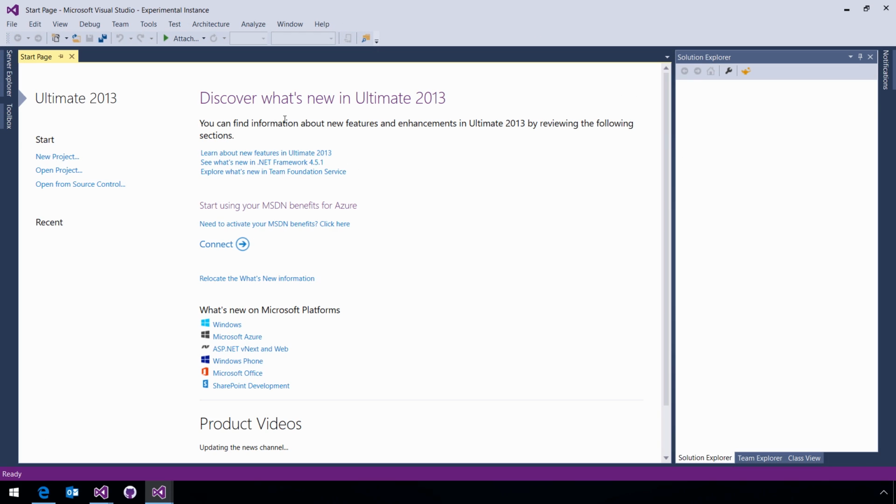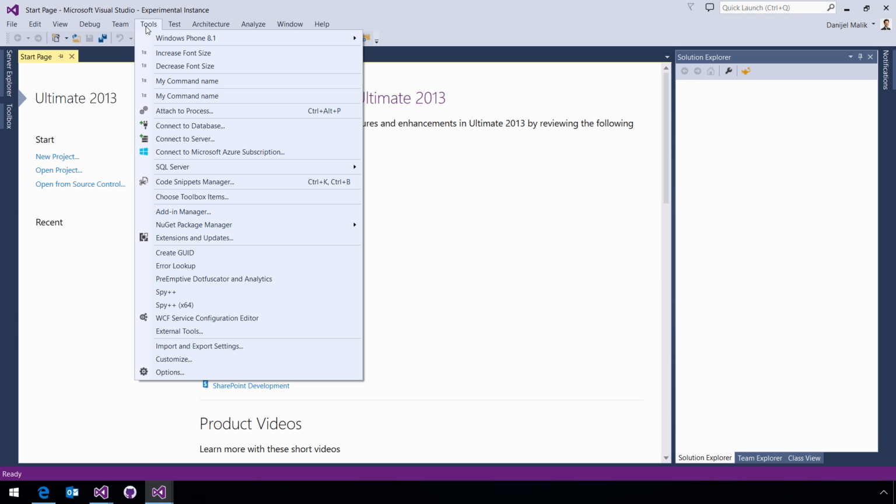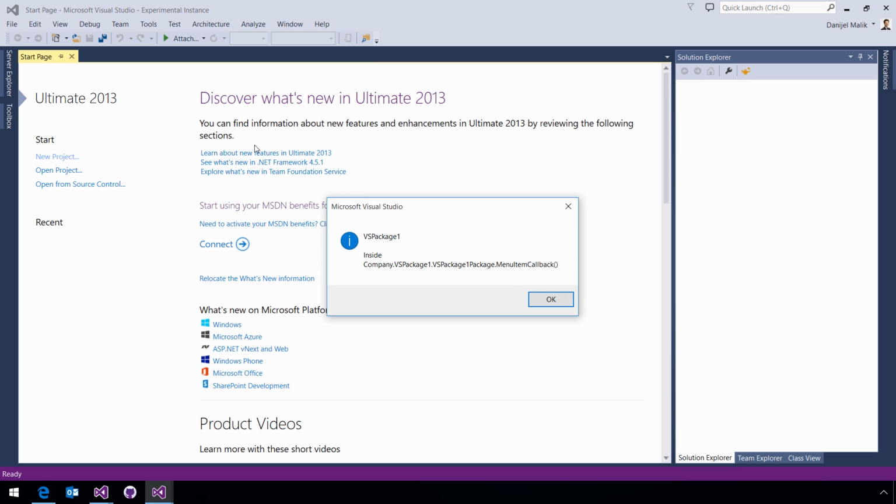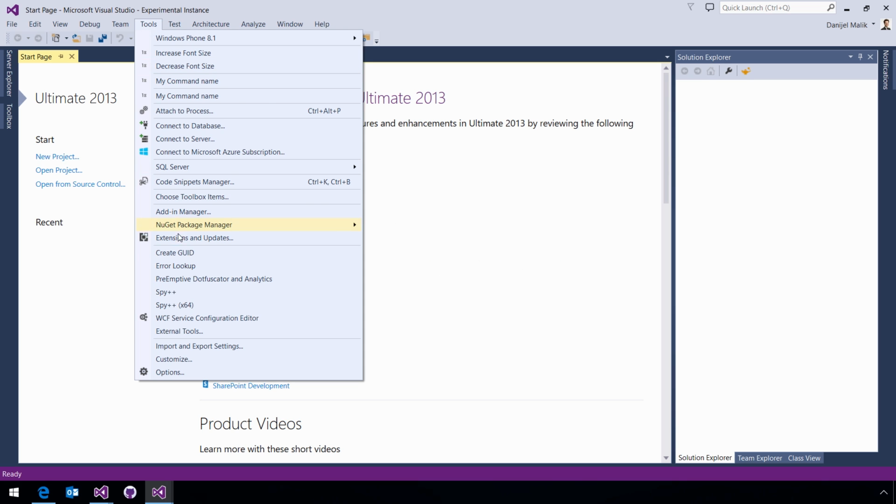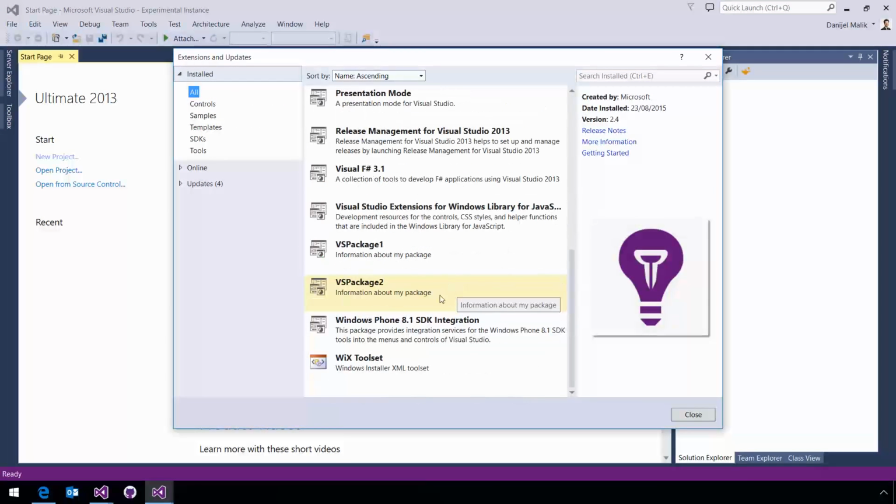And the package, you probably haven't noticed that, but there was one message saying that the VS package 2 was being loaded. Now if I load that instance, you don't see anything special here actually, but under the tools you will see that there is one thing, or actually now this is duplicated because there is another package sitting there with the same command. But if I click on one of these, so this one is from the VS package 1,